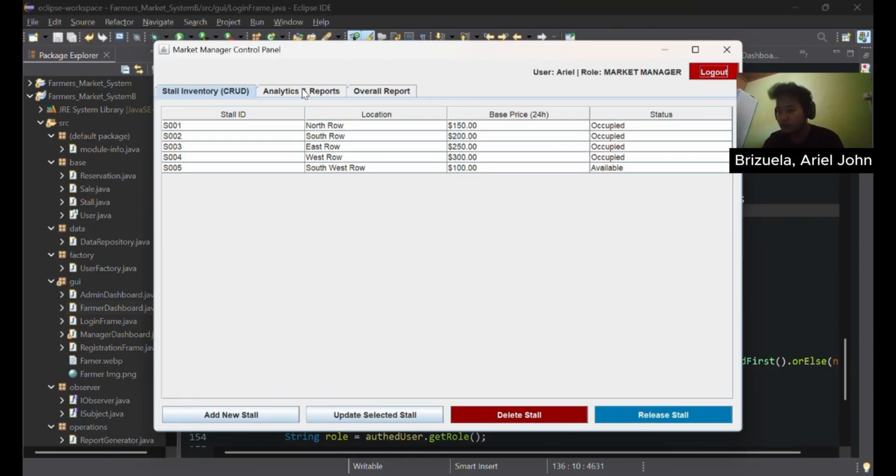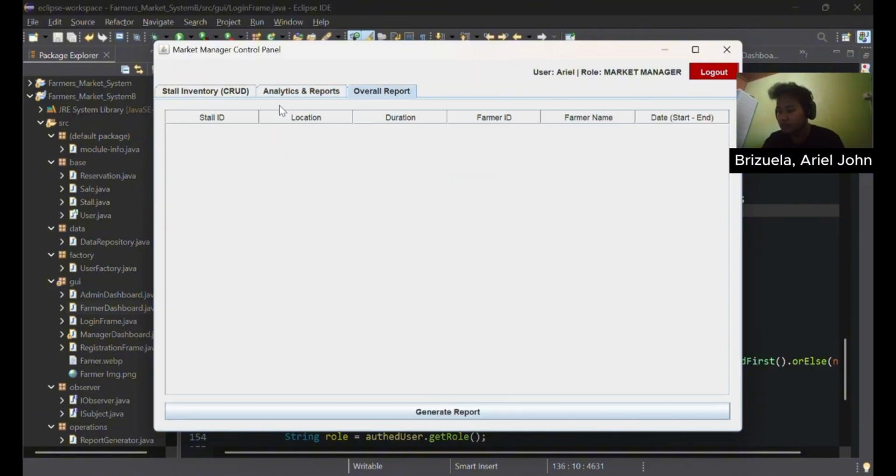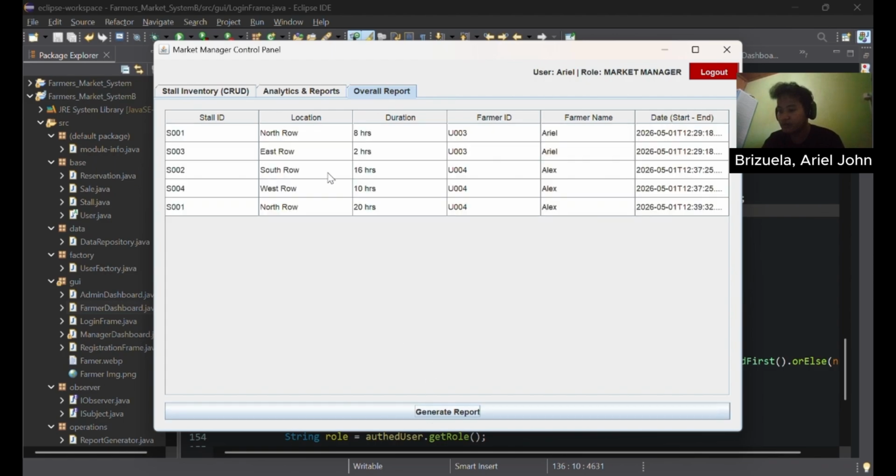The analytics report would show the popularity ranking for the north row, with usage count 2, and the overall report should generate the durations, the location, the farmer's ID, and farmer's name.